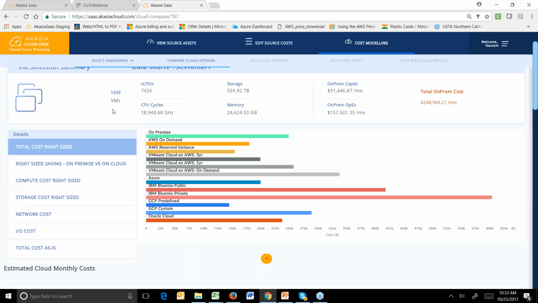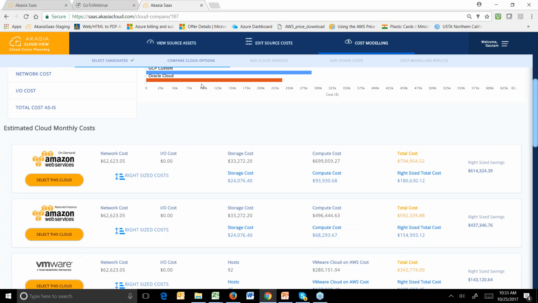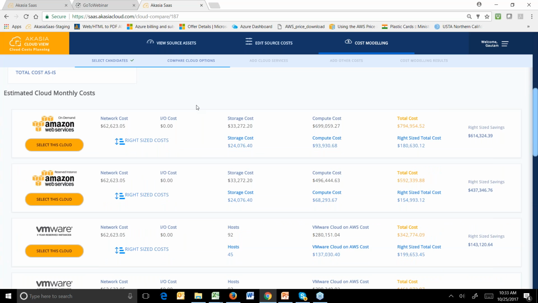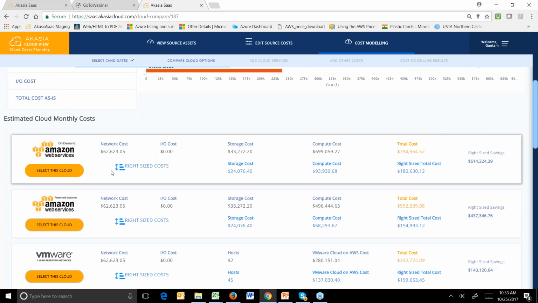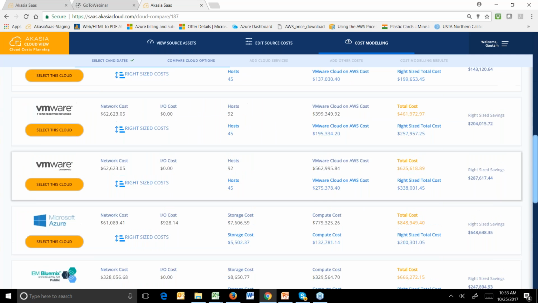Here again, for this 1,439 machines, this is a quick snapshot of how much it will cost. It goes into a little more detail here, different types of clouds, on-prem versus on-demand, Amazon, AWS Reserve Instance, 1 year. And these are the 3 different options from VMware Cloud on Amazon, Azure, IBM, and Google as well here. And then this is a quick chart up front. And then here are the details. So now I want to focus on 1 or 2 of these, and you can see Amazon, all of the different clouds. You'll see that each one of these shows the details of each one of the clouds that you have.